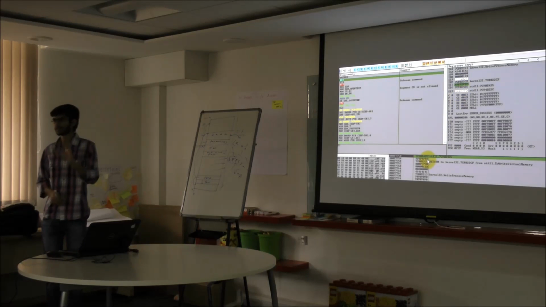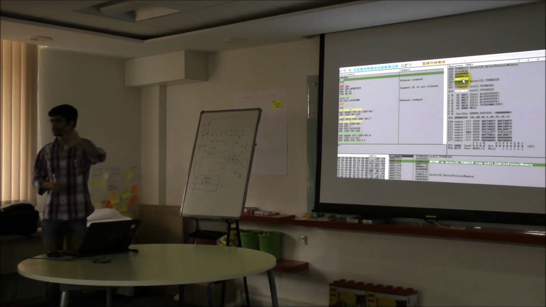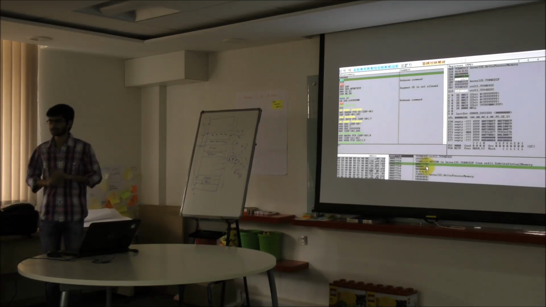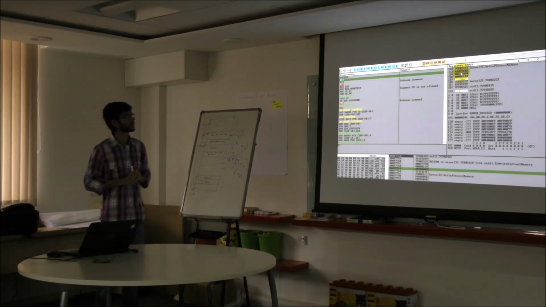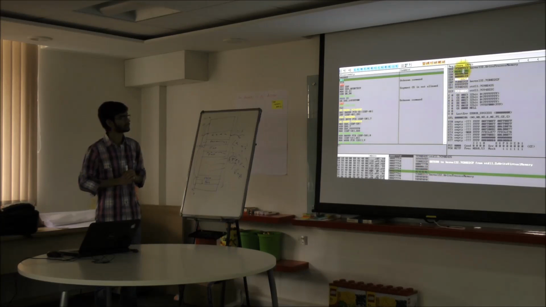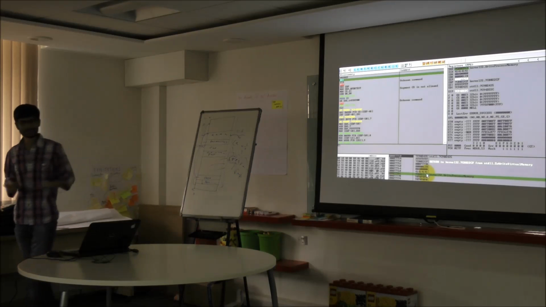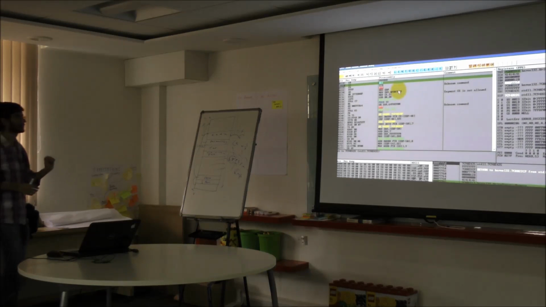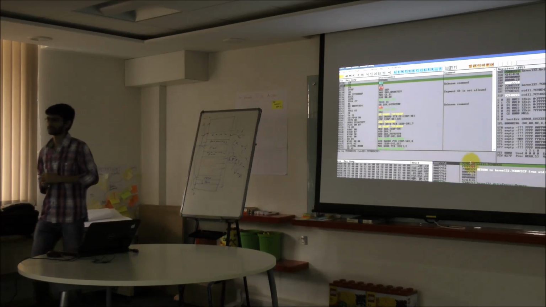You can check its arguments, and then you craft your chain in such a way that you can call VirtualProtect, and after that you transfer your execution to it. So this is the overall goal. It's not that difficult, but it requires some effort from an expert.